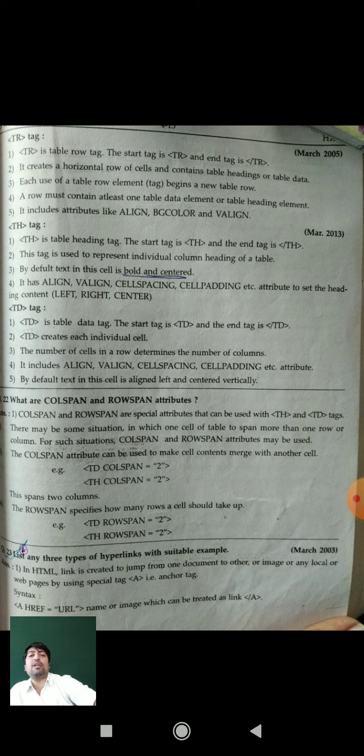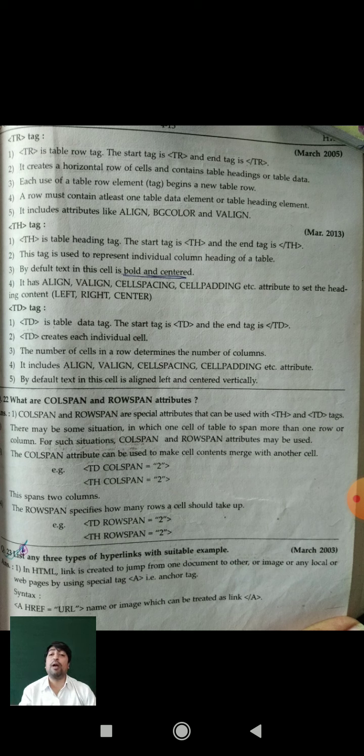We can see two syntax examples written in your textbook: TD example with colspan, TH example with colspan, and the same example with rowspan. Colspan will combine two columns, rowspan will combine two rows, as given in the example.